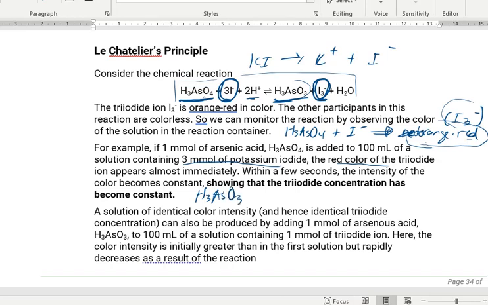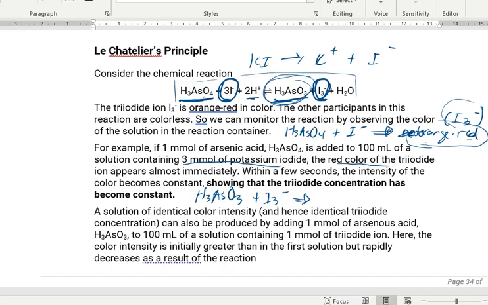So arsenous acid is a product, and triiodide. So when the triiodide and the arsenous acid are mixed, they obtained the same orange red color. However, initially, when they first mixed the arsenous acid and the triiodide ion,